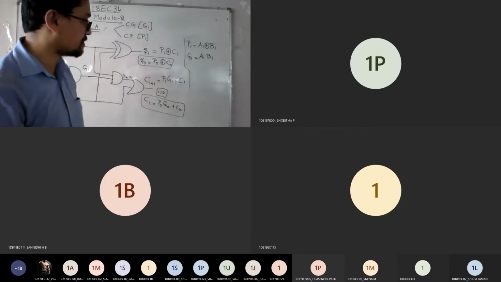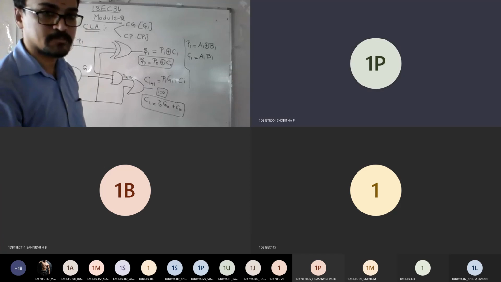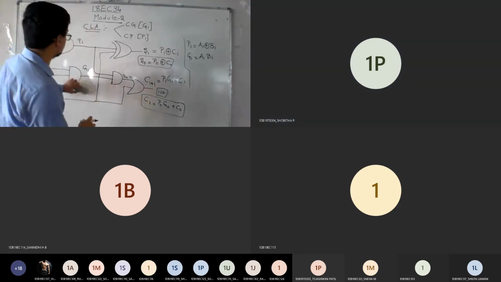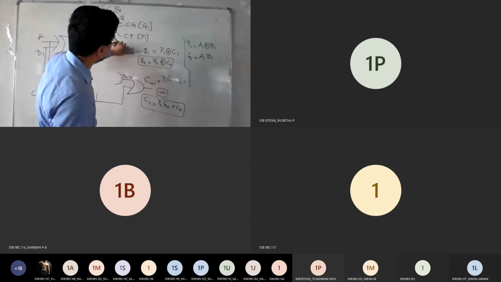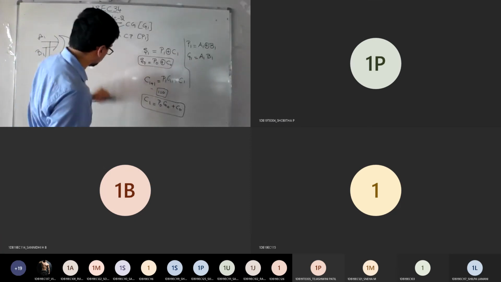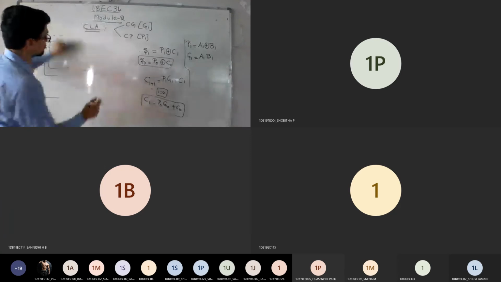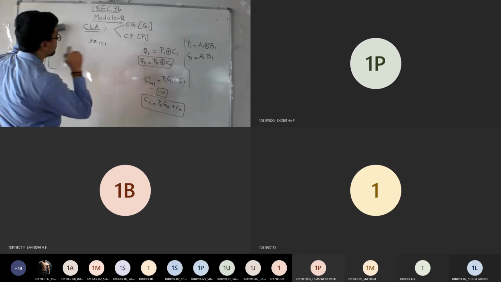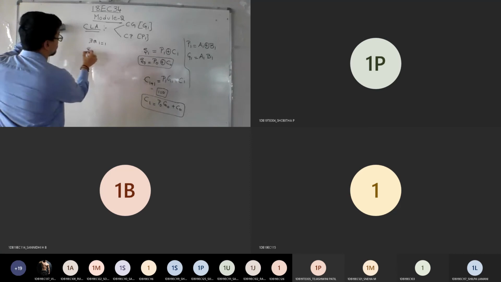Am I clear till now, everyone? Yes, sir. So proceed. Let me erase this part. Now similarly tell me for your C2, I mean I equals 1. For I equals 1, what happens with respect to your S1?